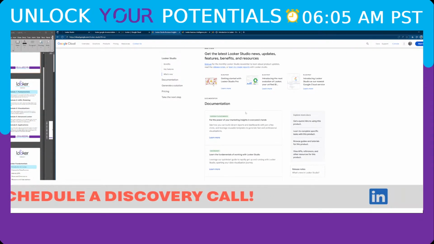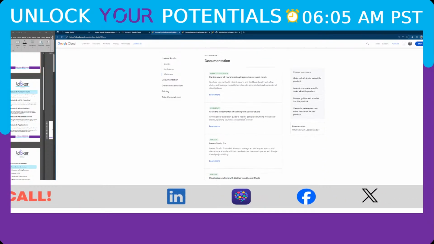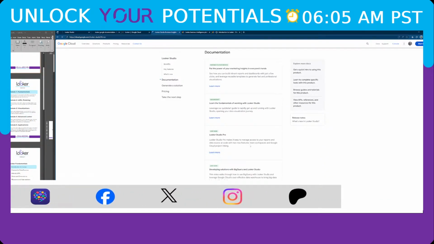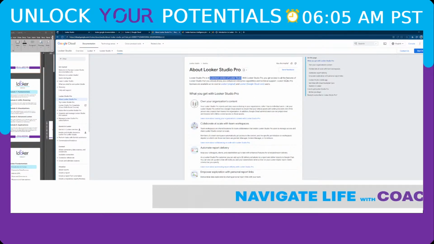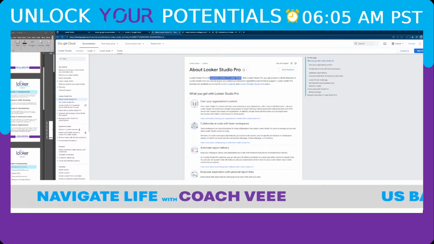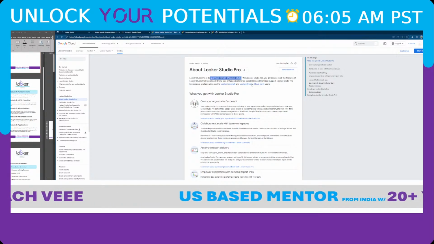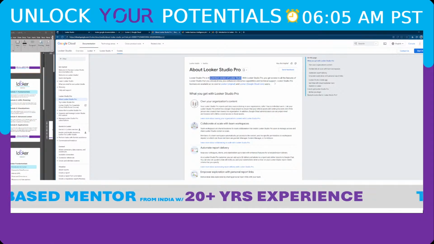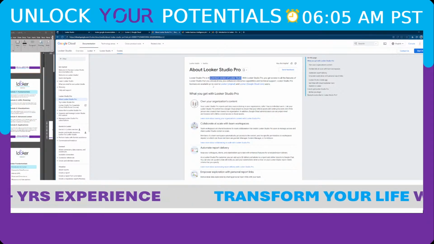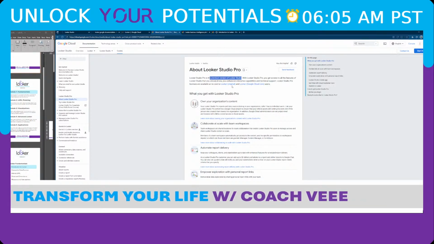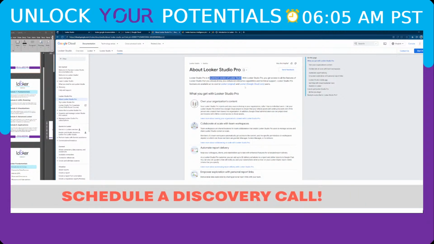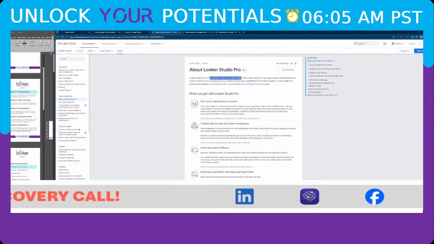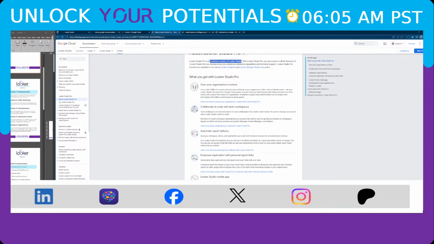Let's take a quick look at some of its key differentiators. Pro, look at that. Let's say Looker Studio Pro is a premium version of Looker Studio. With Looker Studio Pro, you get access to all the features of Looker Studio that you already know, plus enhanced enterprise capabilities and technical support. Looker Studio Pro licenses are available at no cost. Okay, and of course, no cost to Looker Original or Looker users. What you get with Looker Studio Pro